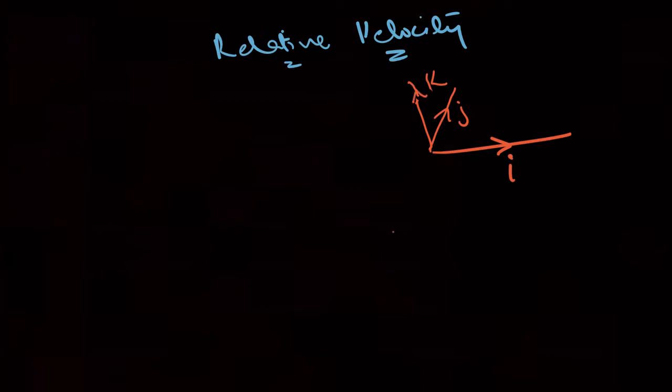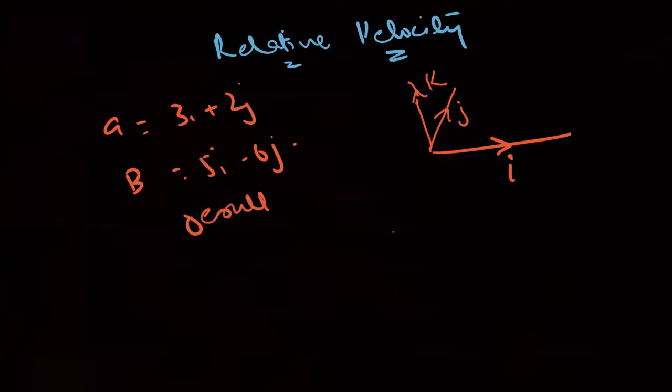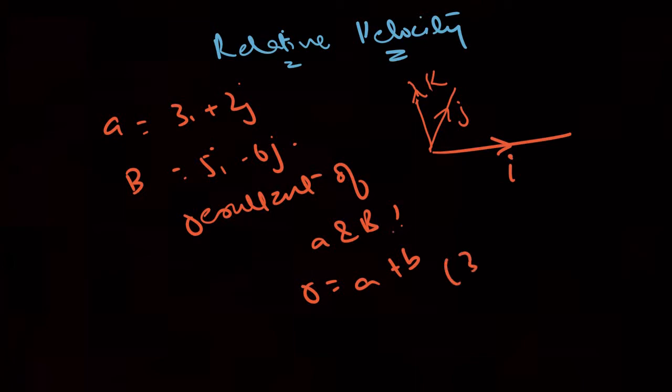Okay, so how will we be solving this? For example, if the question asks, simple questions first. If it says that vector A is given, A is equal to 3I plus 2J, B is given is equal to 5I minus 6J. So they ask what is the resultant of A and B. So how will you be finding the resultant? The resultant is basically the sum of the two vectors. So the resultant would be now 3I plus 2J plus 5I minus 6J.